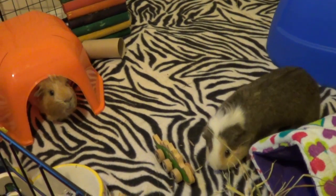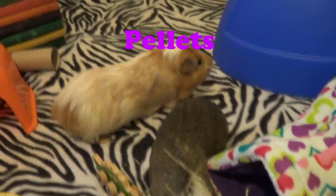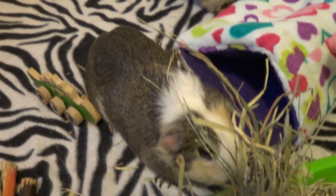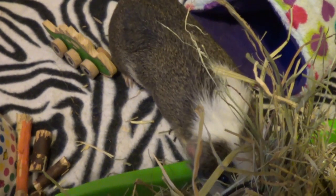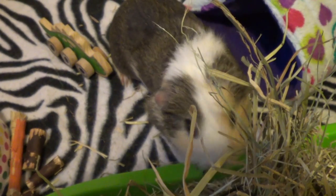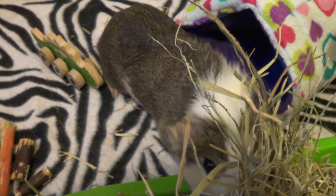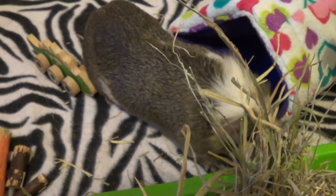So now I'm going to talk a bit about pellets, and adult guinea pigs should have 1/8 cup of Timothy hay based pellets per guinea pig a day. And it's really important that adult guinea pigs have Timothy hay based pellets rather than alfalfa based pellets, because they contain too much calcium for adult guinea pigs, and adult pigs don't need any more calcium, and if they do, it can kind of build up in their bladder and cause bladder stones, which are usually taken out by surgery,